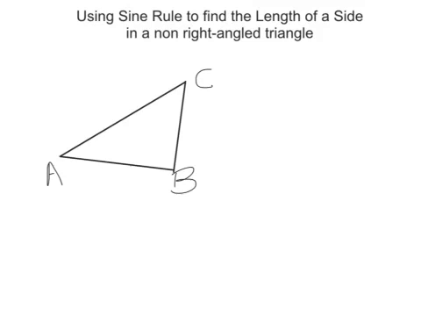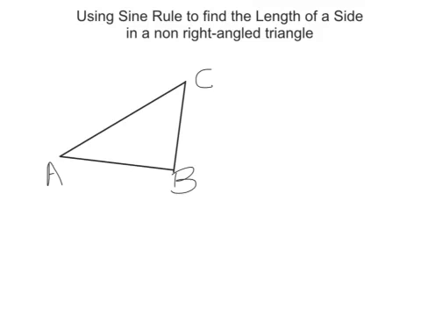Today we are going to discuss using the sine rule to find the length of a side in a non-right angled triangle. So starting point is, what is the sine rule? The sine rule is the relationship between all three angles and all three sides of a triangle. And what sine rule says,